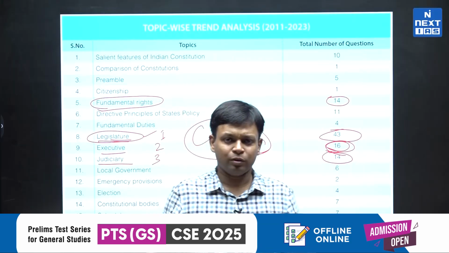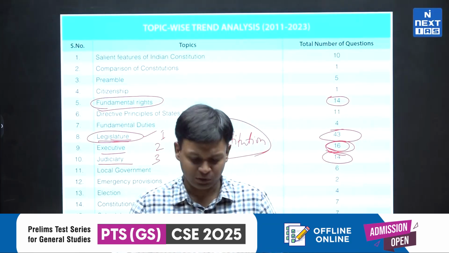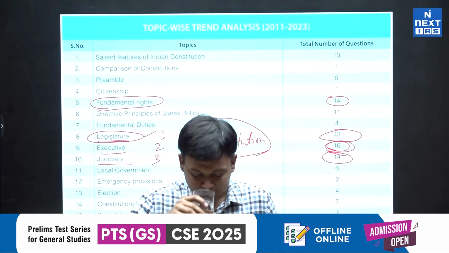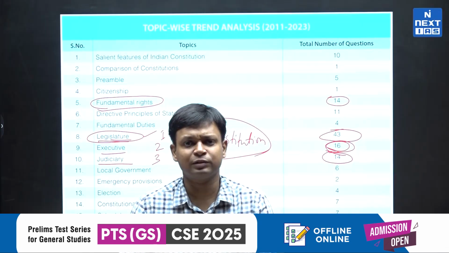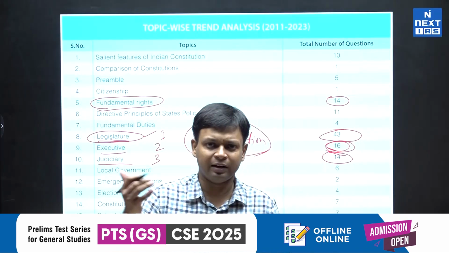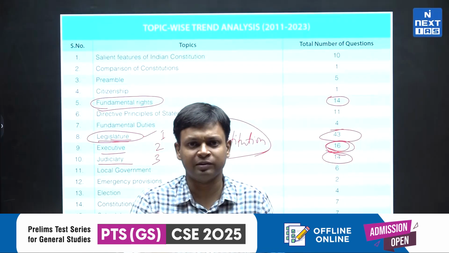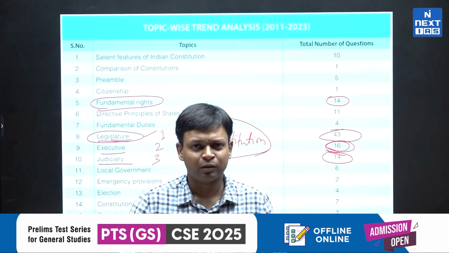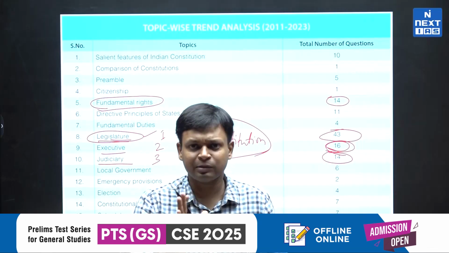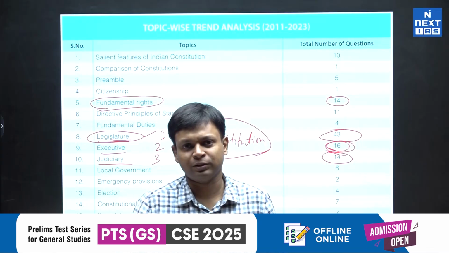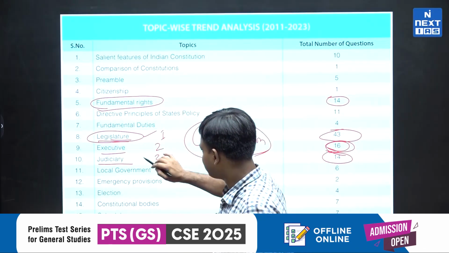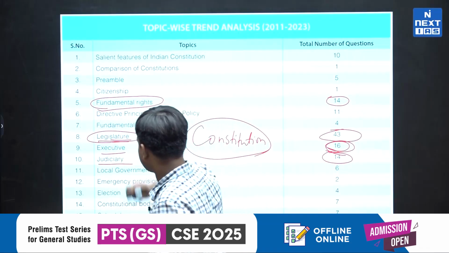So your primary source of information is the constitution. Whatever is asked, it is somewhere from the constitution, barring a few small things which may be asked from some other areas also, some other laws also which are in news or which have been made recently, or which are important laws in the country, like we have the criminal laws like भारतीय न्याय संहिता which replace the IPC. तो कभी कभी वैसी चीजें न्यूज में रहती है, उस पर भी क्वेश्चन बनते हैं, but in 99% cases the questions are coming from the constitution. ठीक है. So legislature, executive, judiciary are the most important topics along with fundamental rights.